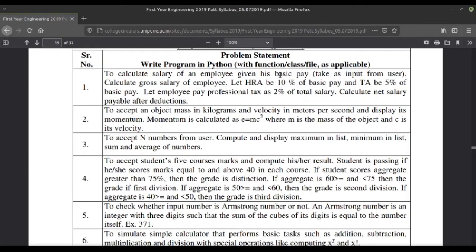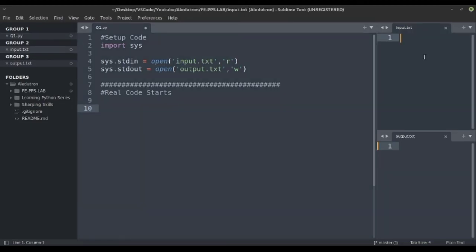First of all, we have to take the basic pay from the user. Let's take it as 10,000 in the input file. So basic pay equal to input.